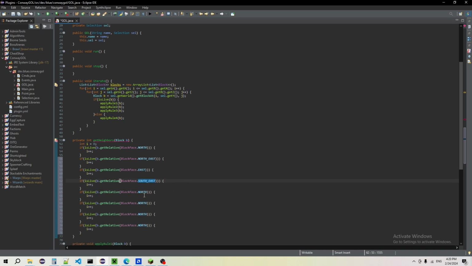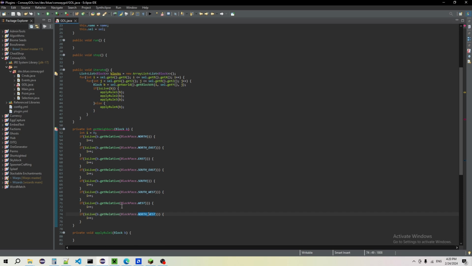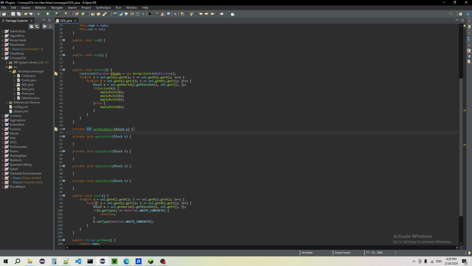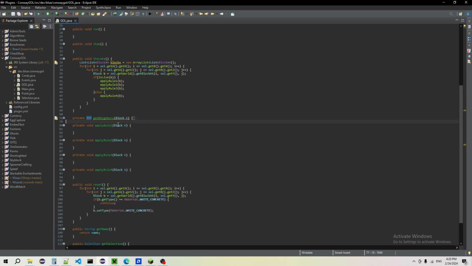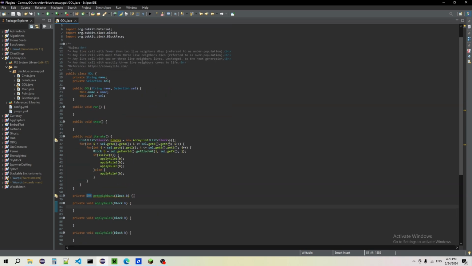southeast, south, southwest, west, and northwest. There we go. Now we return I, and that gets us the number of neighbors. And we can clean that up later on or do something else maybe, but for now that's going to do just fine. So for applying rule 1, we need to know